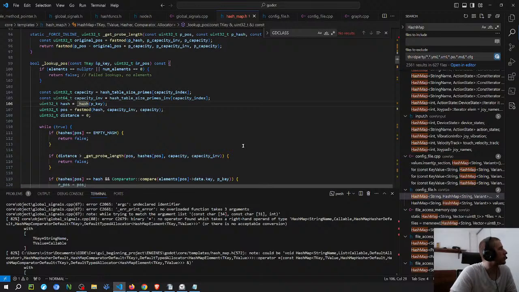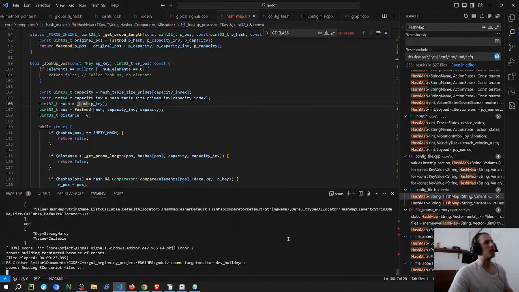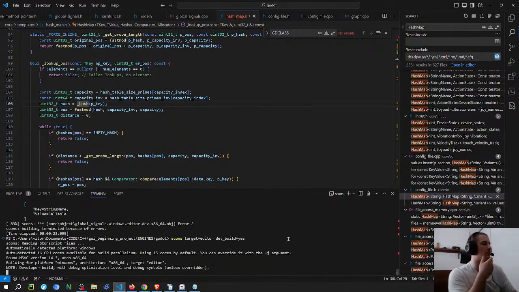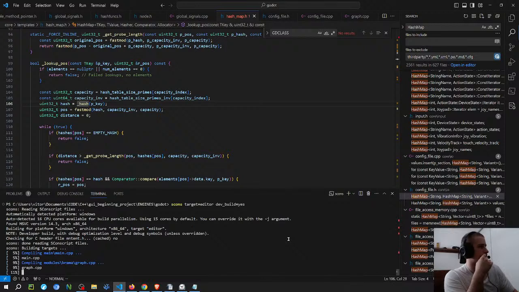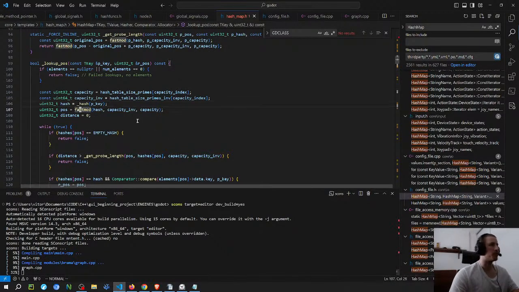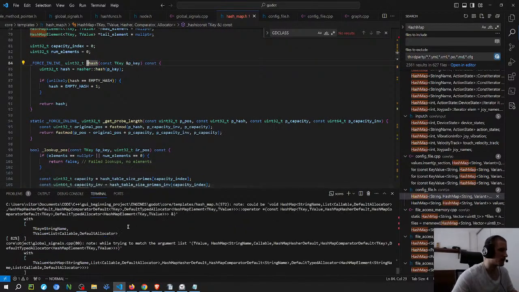But the key should be, so maybe I'm gonna run it again just to see. But it is kind of weird because the key should be a string name, so it shouldn't matter. But obviously the value is gonna be another hash. But if the other code is using the same function to check there, then I don't see why there should be an error. That is an error.